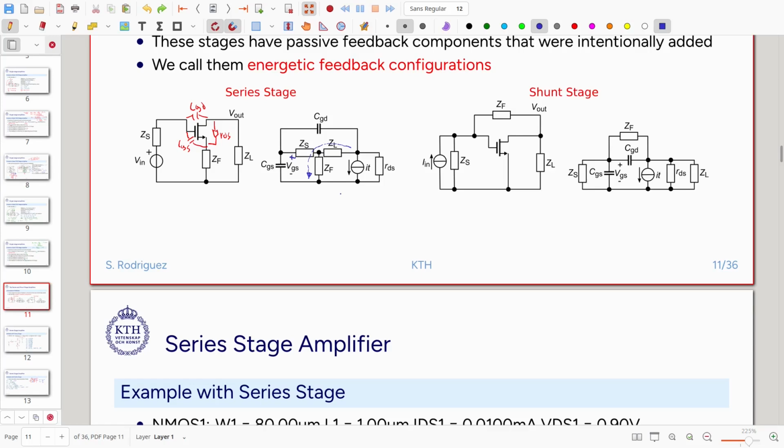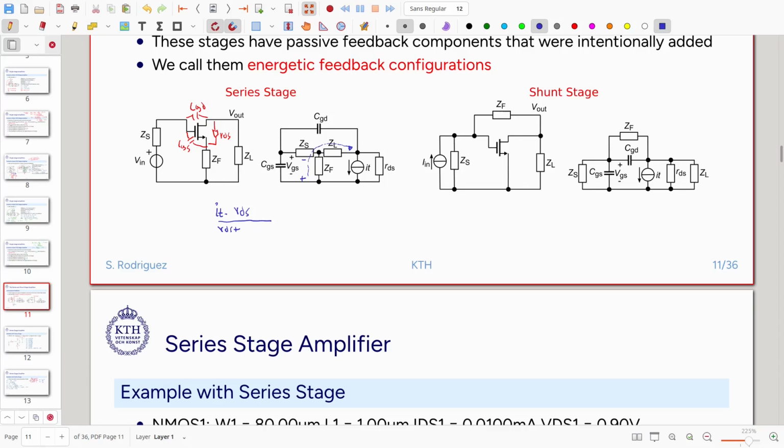Actually the arrow is in the other direction, so it is going to be like this, and the voltage is going to be like this. So what is this current? We can calculate it like this. That will be IT, my test current, multiplied by RDS. This is a current divider, divided by RDS plus